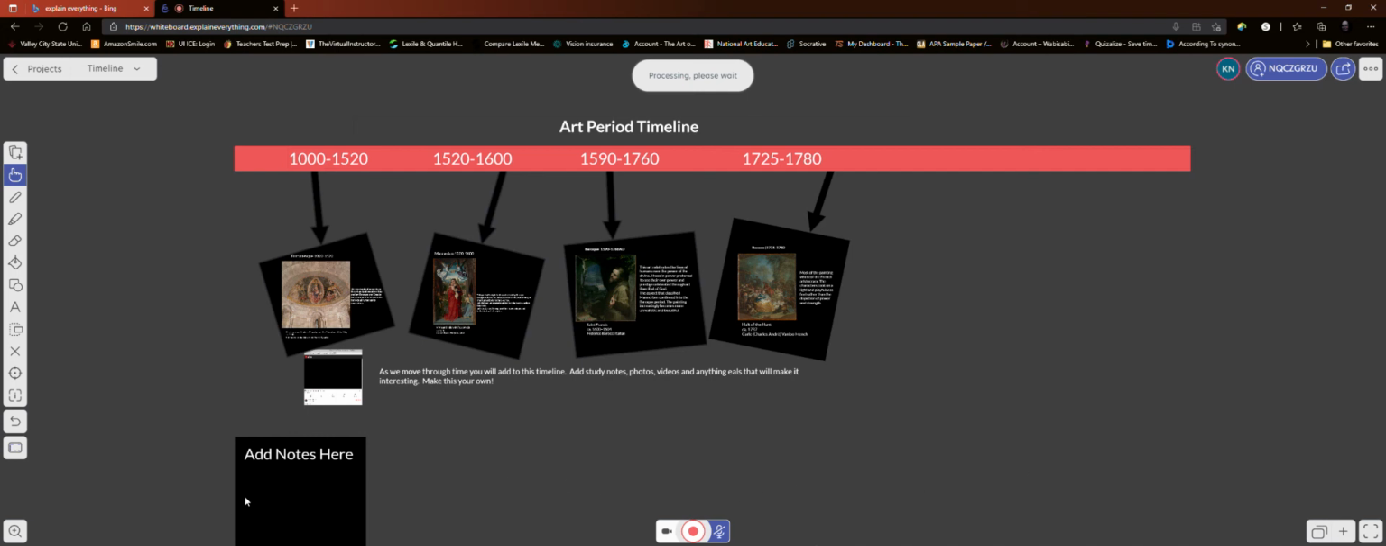They can add notes, they can add their own videos that they think are interesting, that will help them remember the different time periods. They're to add some basic information that will help stimulate memories as well. Alright,